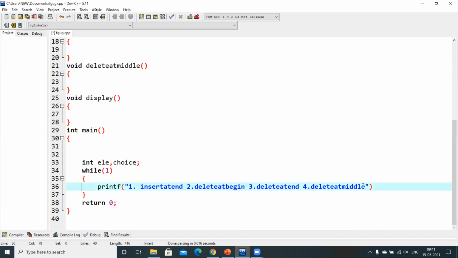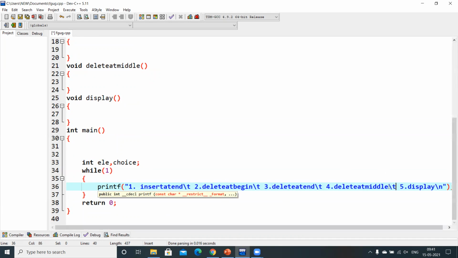How the linked list is. And the final one I'm writing as display, option backslash n. Okay. Now before that, let me put the backslash t's everywhere so that we will get some space between the options.